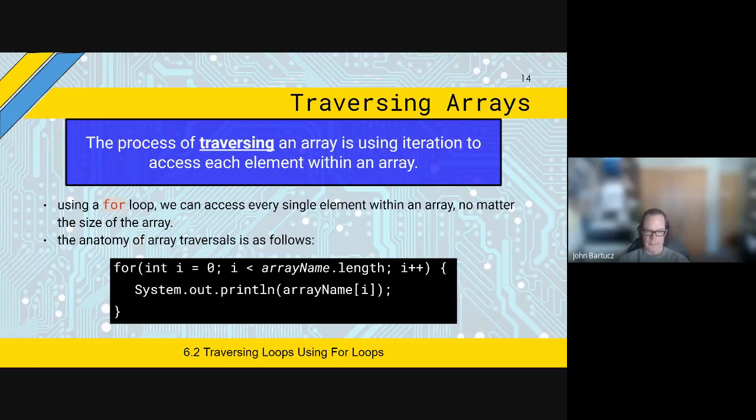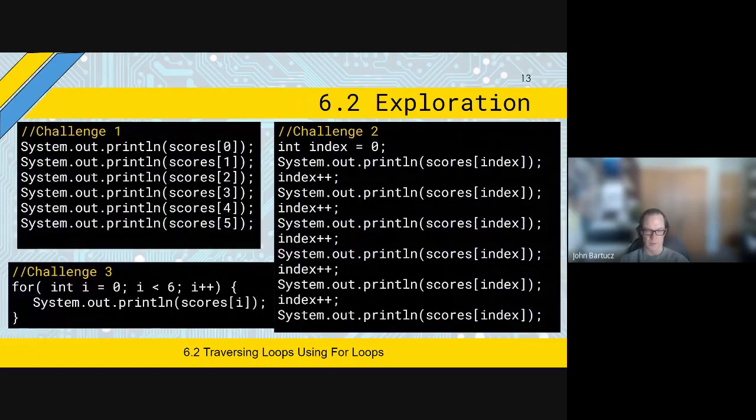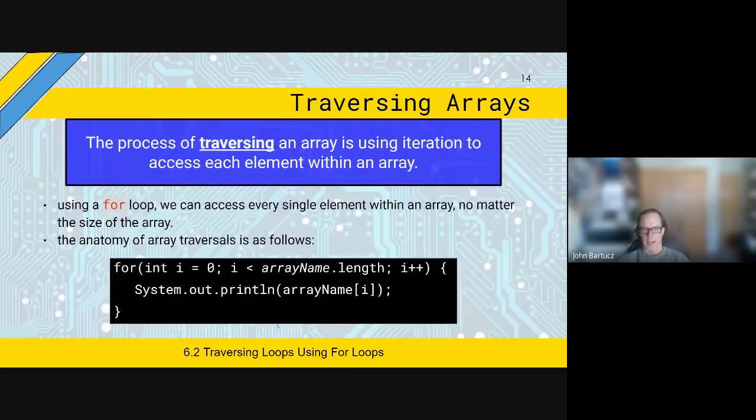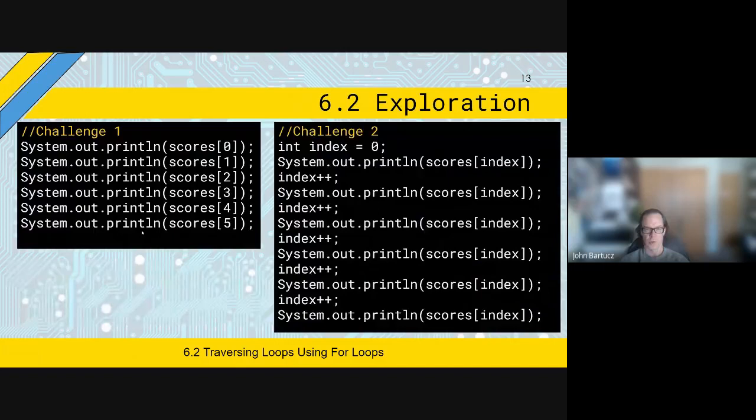So even better than this, rather than saying i is less than 6, we can say i is less than the array dot length. So whatever you called your array, scores, people, whatever you called it, it has a variable inside it called length. And you can use that as the limit of where to stop your for loop. So the length of scores here,